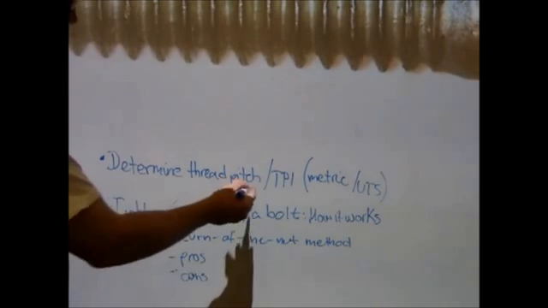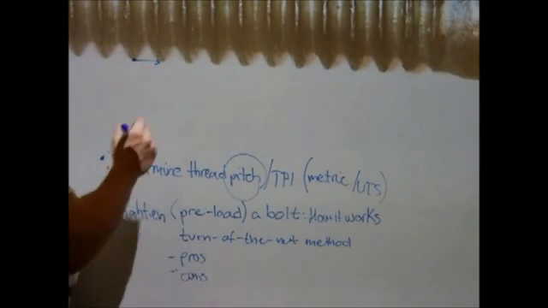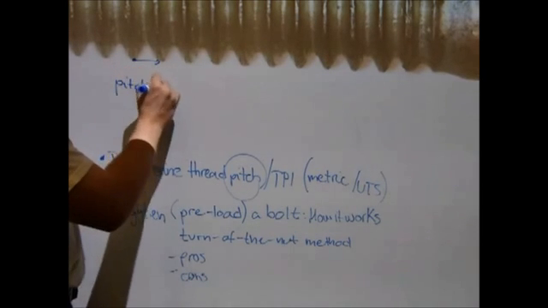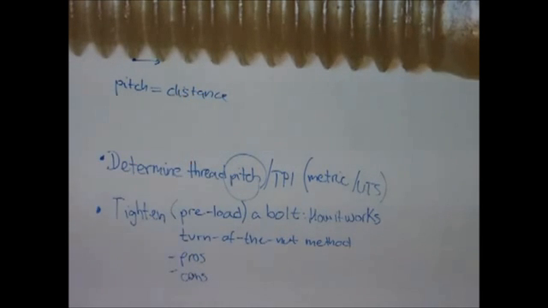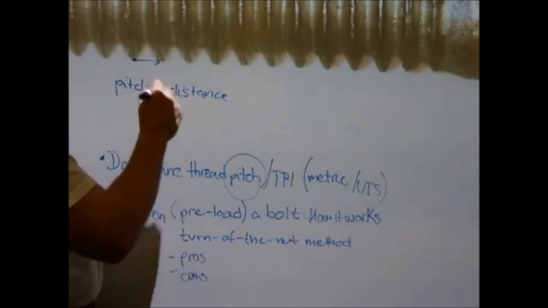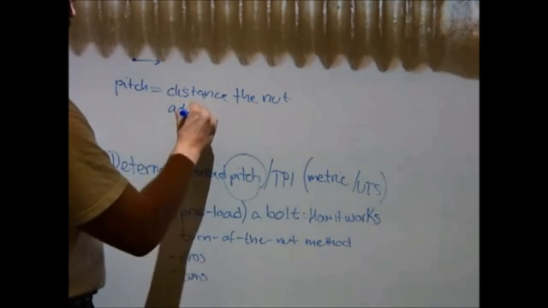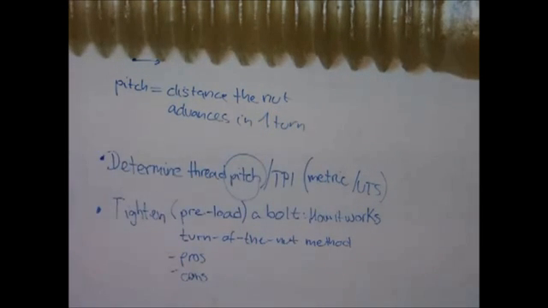Just what is meant by pitch? The pitch is a horizontal distance. Pitch is a distance. A horizontal distance on a thread from crest to crest. It is the distance the nut advances in one turn. It's important that you understand and memorize the concept and definition of pitch. That pitch represents a horizontal distance the nut moves forward